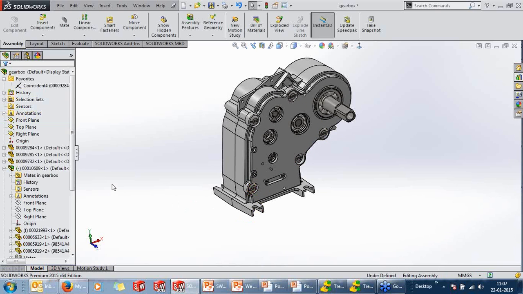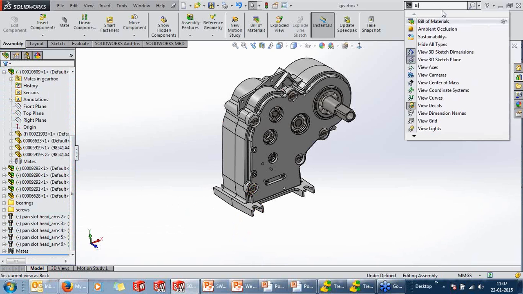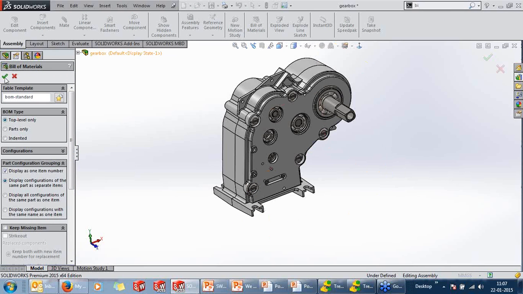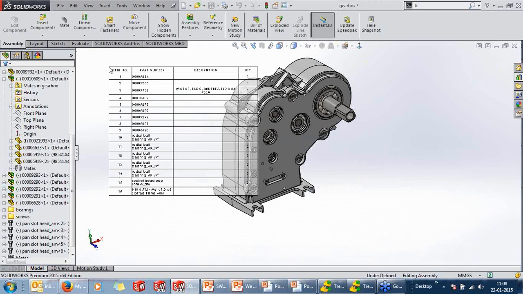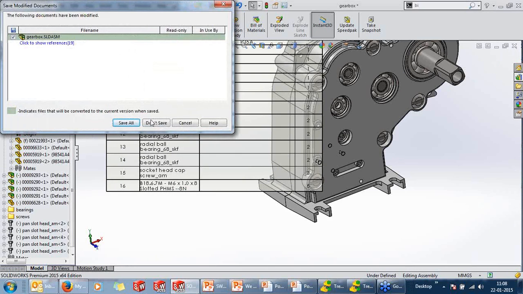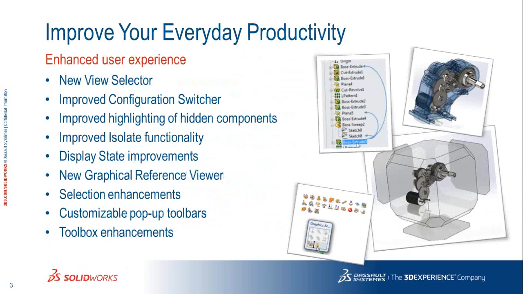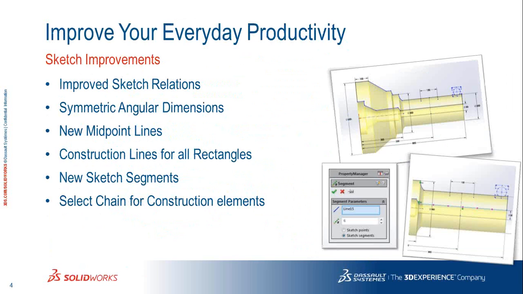As I finish dropping in my toolbox components, you can see that the file name is being shown in your feature manager. When I go into the bill of material, you can see the configuration name in here. So there are 6 toolbox components which I've added. So these were some of the new enhancements in terms of your user interface. So I hope you all like the new enhancements in terms of user interface.